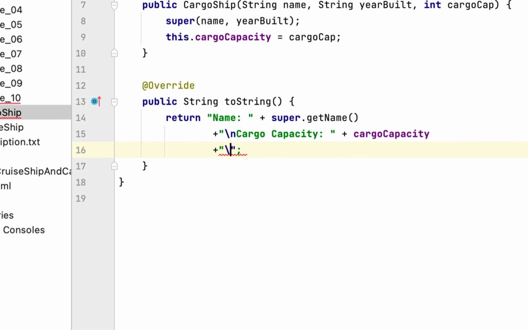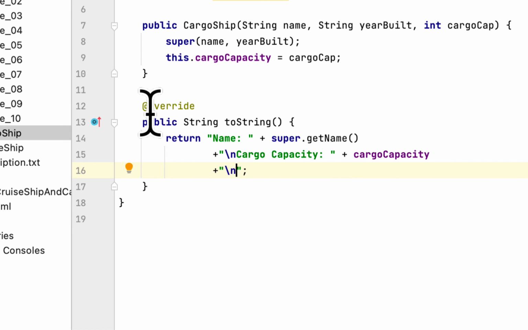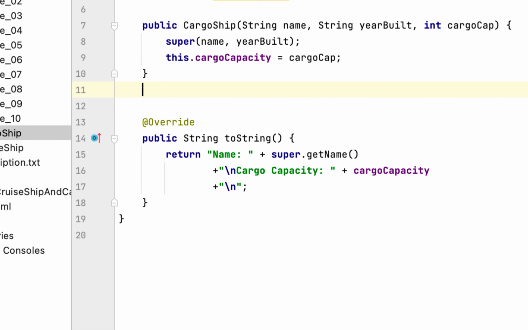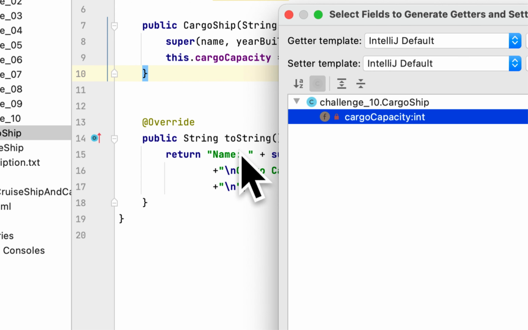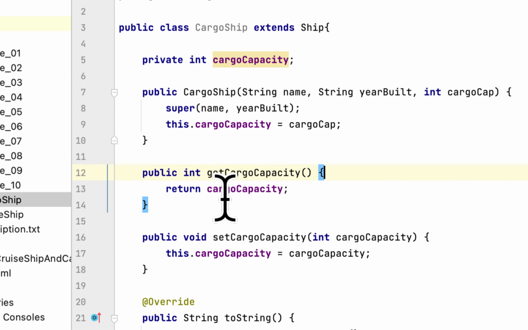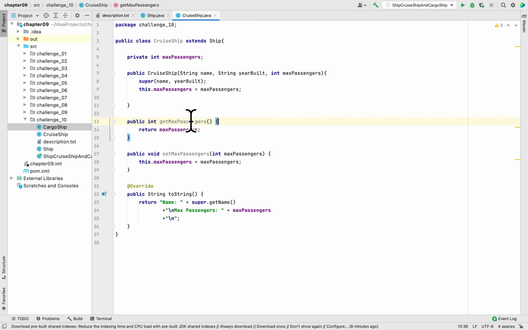And lastly, we give space between the ships, and we create getters and setters for this class. We finished the CargoShip class, and we finished the CruiseShip class,